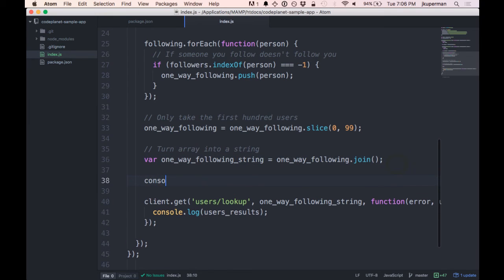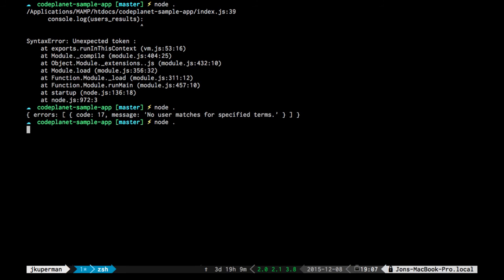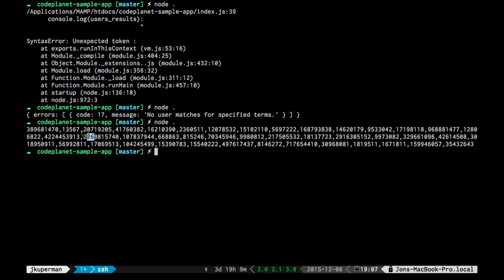Alright, so let's console log here. I just want to make sure that I'm looking at something correct as far as the format goes. I'm going to take this console log away, hit Node again. So this looks good, right? This looks like a string of some